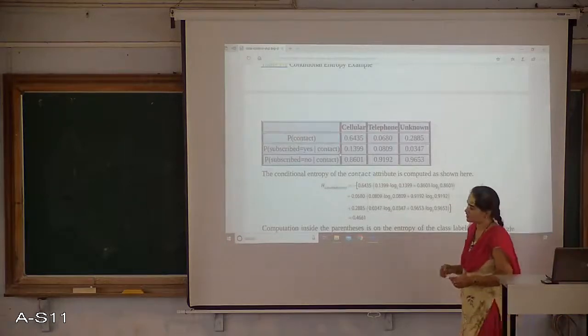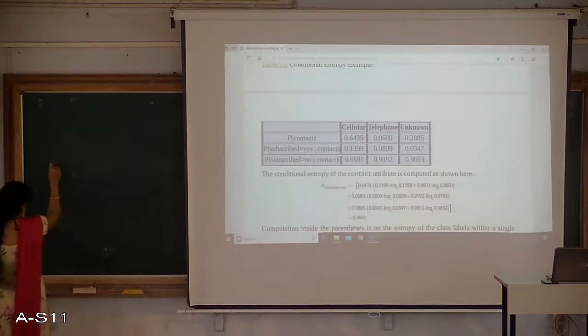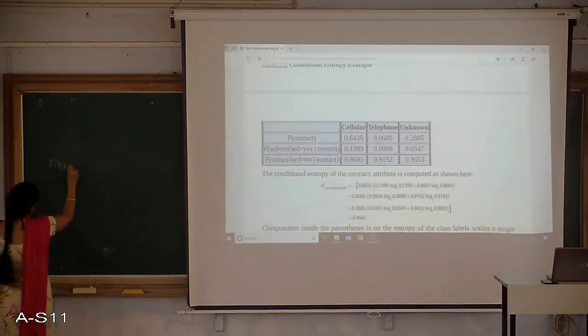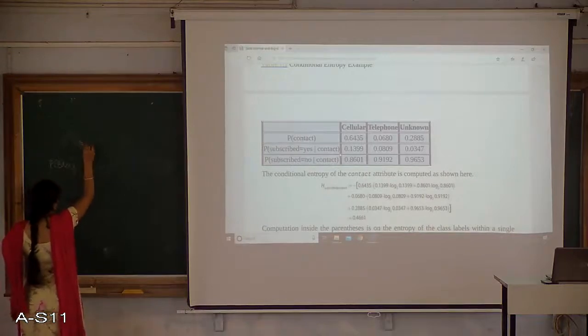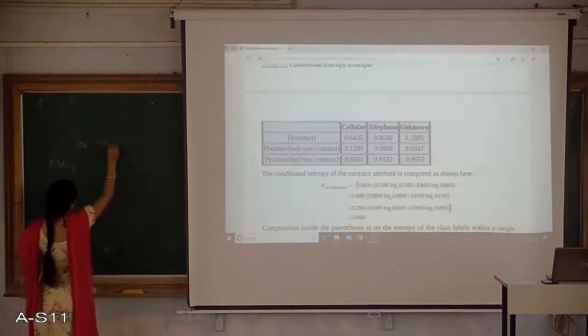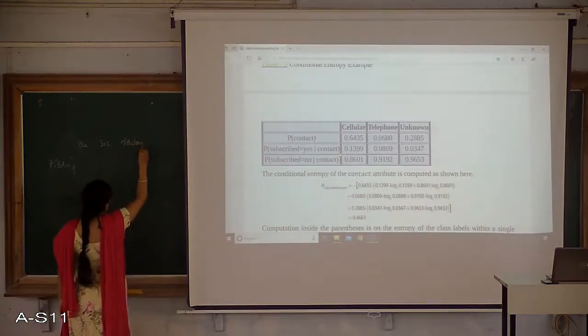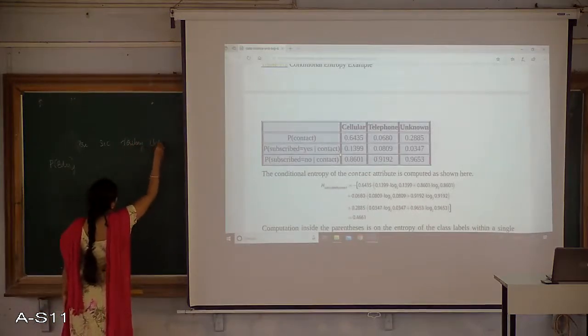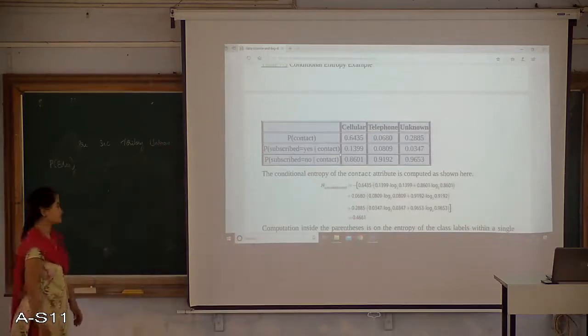Something like, I'll just write down here, the probability of education I'll be doing. So how many classes do I have? I have primary, secondary, tertiary and unknown class. So there are 4 categories of education.